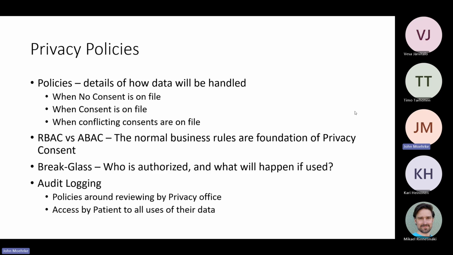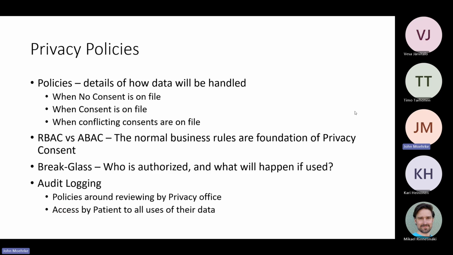We talk about role-based access control versus attribute-based access control. Really, a lot of this stuff has been improved over the years. We speak to break glass. Do you need a break glass? Many organizations don't need a break glass. But if you do have a break glass, who's authorized to break the glass?